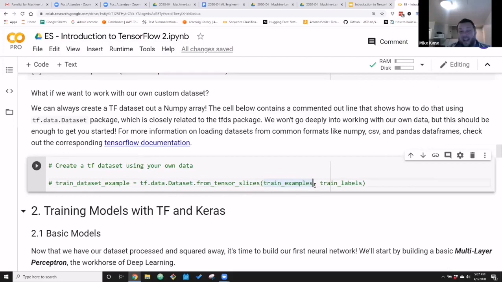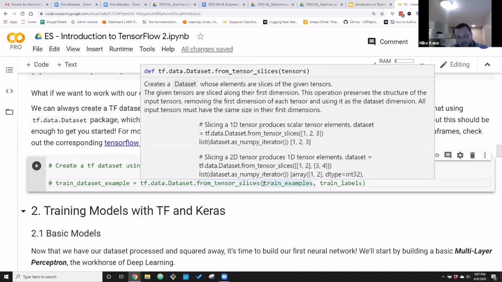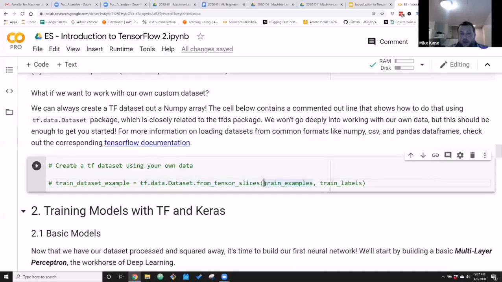So for instance, the Titanic data set. Let's say you prepared it in NumPy and Pandas data frames. You could pass in that data frame, because a data frame is just a NumPy array with some extra bells and whistles. I believe you can pass in a data frame here, it'd be fine. If not, you just pass in the NumPy version of it, which is an extra method call there. And the labels, and you'll be good to go. And then you can still do the prefetch call. You can still do the map. You can still do all the other stuff you need to do to pre-process.